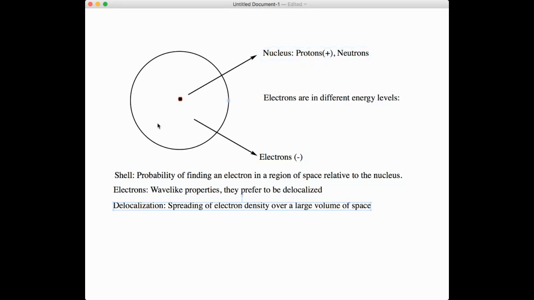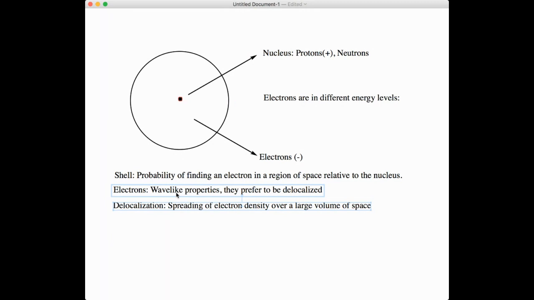Second thing that plays a role in the size of an atom is the repulsion between electrons. They are negatively charged, so obviously there's going to be repulsion between this negative charge. And the third thing, which is very important, is the wave-like properties of electrons, meaning that they prefer to be